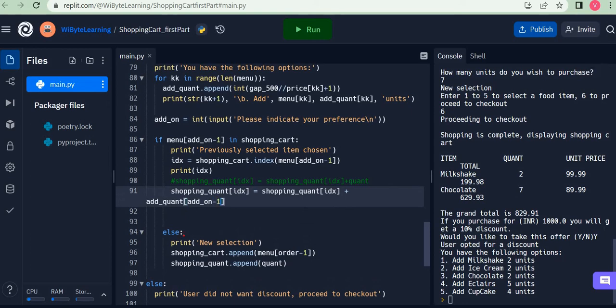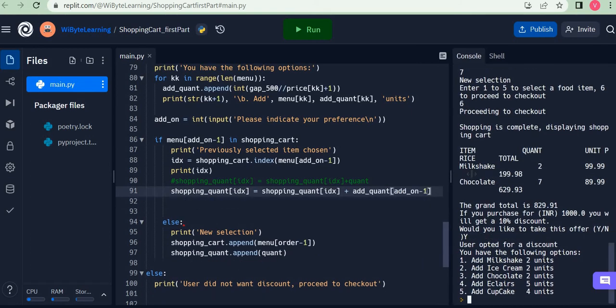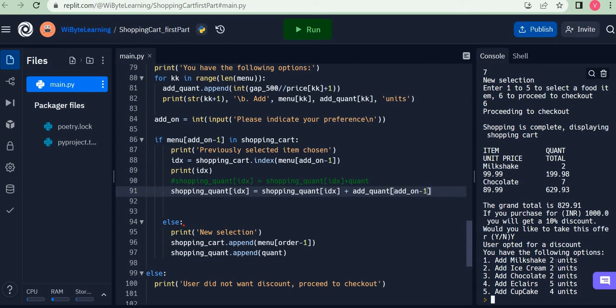Now, why does this make sense? Because remember, the user is just answering based on this list add quant. So the user is no longer indicating how many units you want. In fact, the list add quant has already decided that. The user is only indicating the preference from here. We have to add the item, add quant minus 1, add quant add on minus 1, because add on is